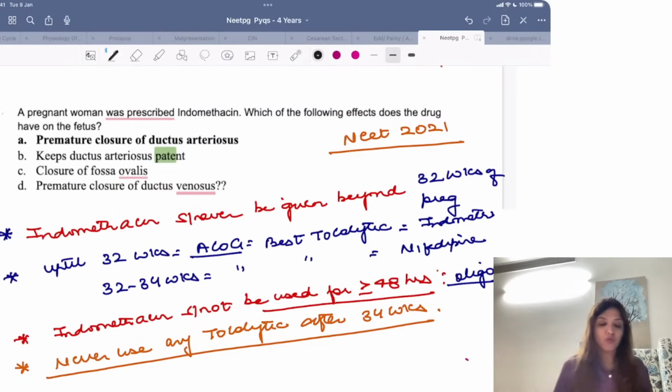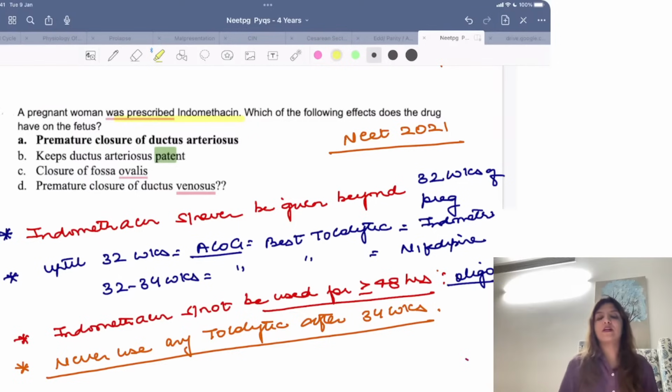Then a pregnant woman was prescribed indomethacin. Which of the following effects does the drug have on the fetus? So please remember, indomethacin you use in pediatrics. And why do you use it in pediatrics? You use it for closure of ductus arteriosus, right? So if there is a patent ductus arteriosus, for its closure you are going to use indomethacin. So if I am using indomethacin,